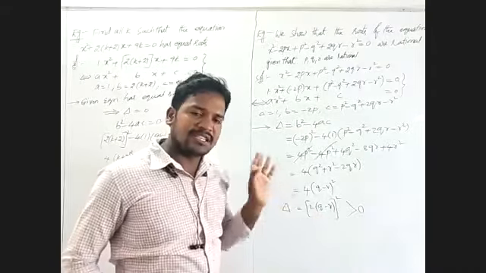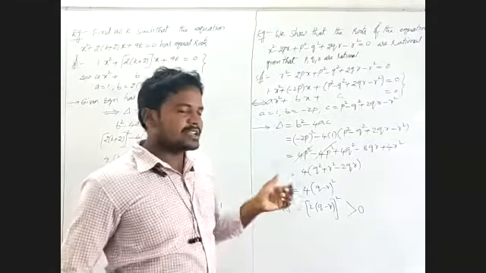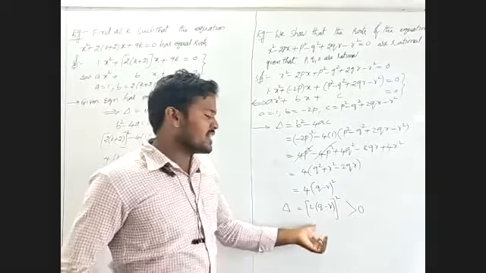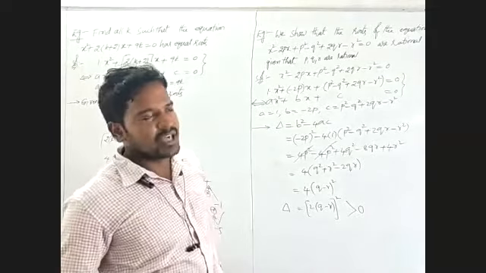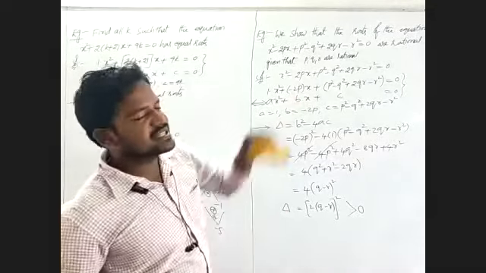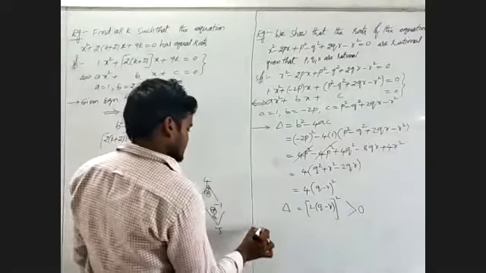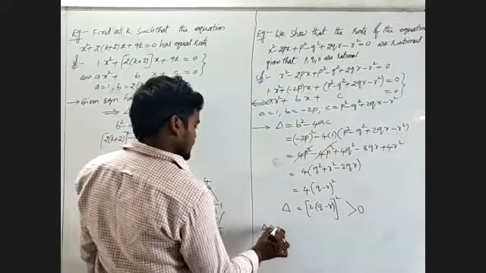Delta greater than 0 and given delta value is a perfect square, then given equation is a rational number. That I will write: delta greater than 0